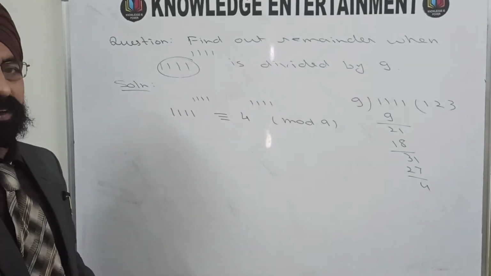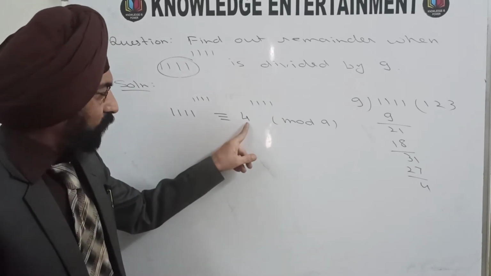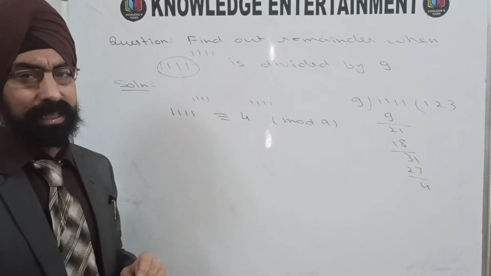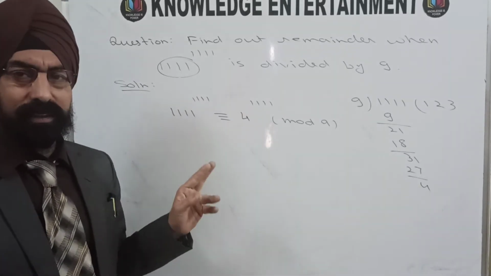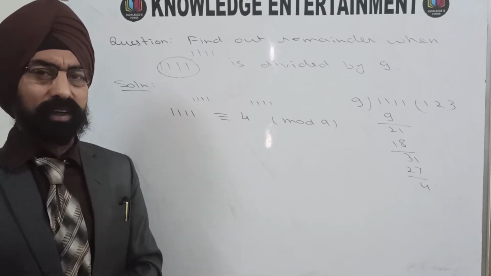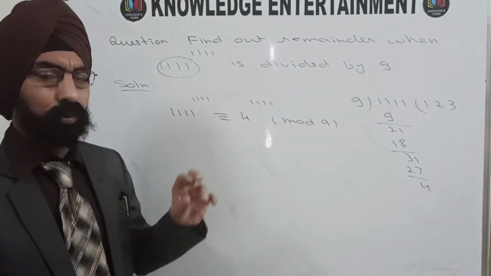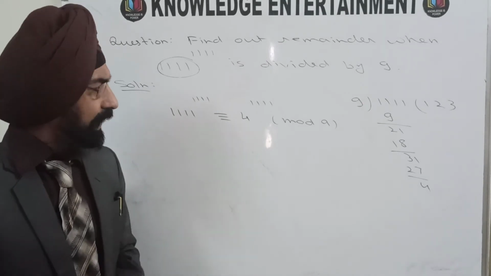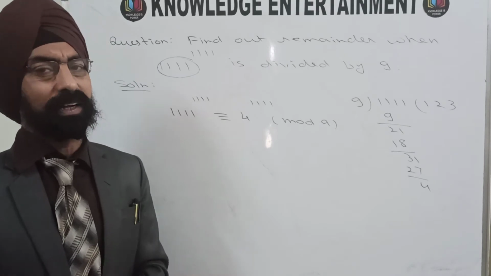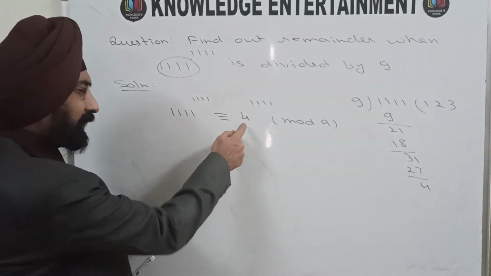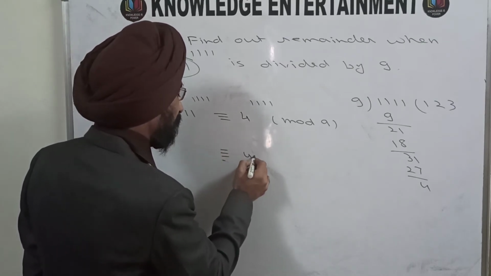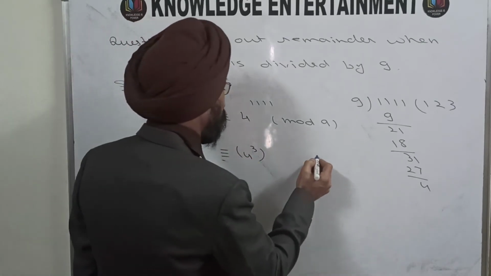4 raised to the power 1. Now once again I want here either 1 or minus 1, because that will help me to solve the problem quickly. 4 square is 16 and 16 divided by 9 will give you the remainder 7, which will not work. So move on to the next power, 4 cube. 4 cube is 64, and when you divide 64 by 9, the remainder you are going to obtain is 1, and that will work. So I'll break this now as congruent to 4 raised to the power 3 raised to the power,